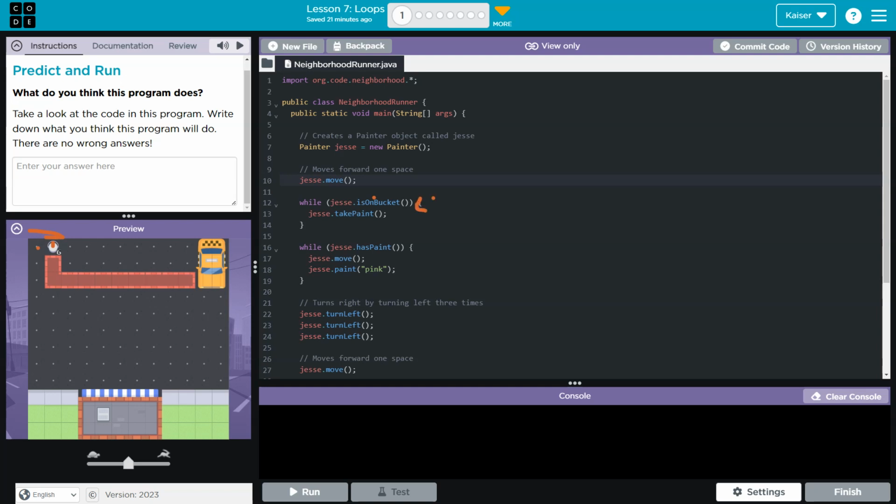Notice these little curly bracket things. So what this is going to be is called a loop. And as long as the condition is true right here, it will run the code inside. And so what this says kind of in plain English is, as long as Jesse is standing on the bucket,